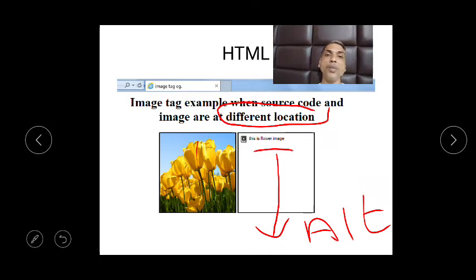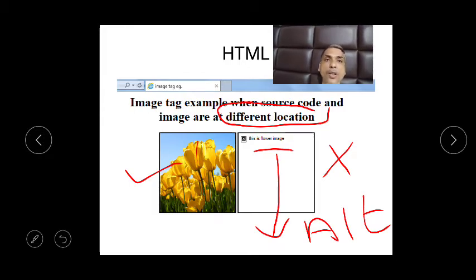If the image appears, well and fine. If the image doesn't appear, then the ALT will come into the picture. I think in some cases, suppose someone deletes the image file, or something happens to the image file, or your location is not right, or you make some spelling mistakes, then this will help you. Okay, so I hope the image tag is very much clear.